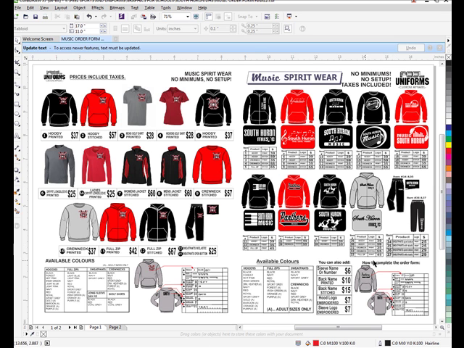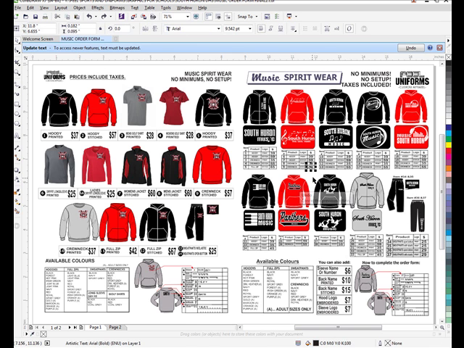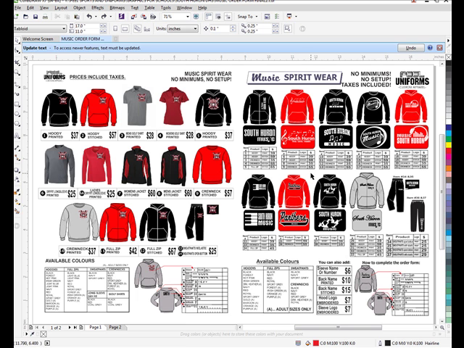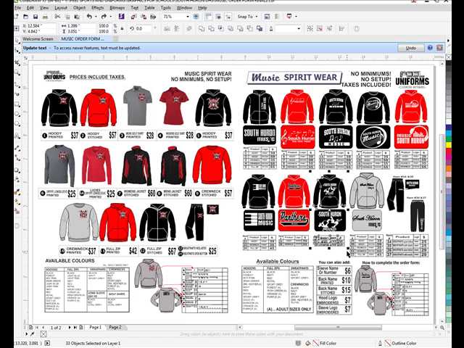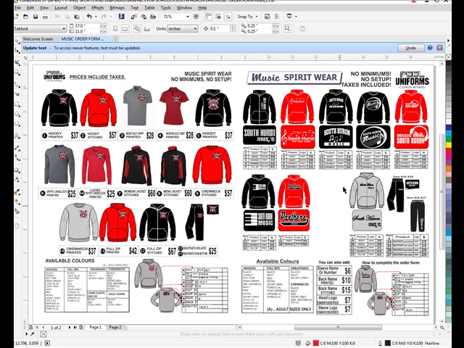In order to do that, we need to remove one of the current hoodies, and then we're going to make room. We can't just add another hoodie. It will be too crowded. You won't be able to see what they're doing. So we're going to take this one out, and it's as simple as selecting the area and hitting delete. We are then going to move